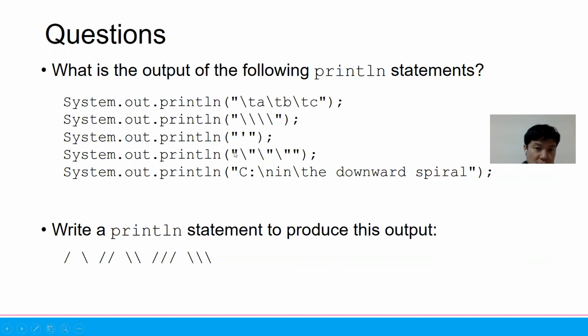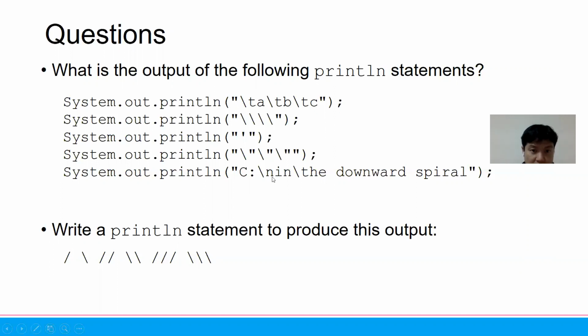We start with the double quote and then backslash double quote. So we have double quote, backslash double quote, we have double quote, we have backslash double quote, we have double quote, and then this is the ending. So we have 3 double quotes. Okay, and then this one we have C colon